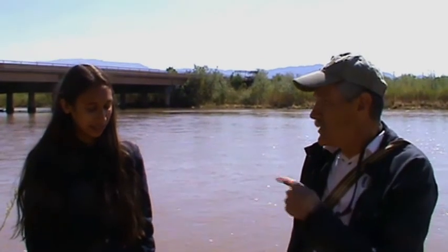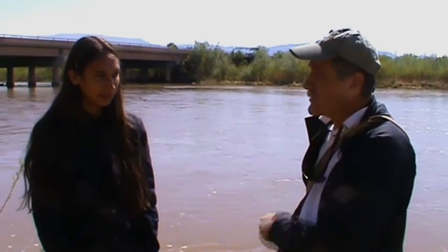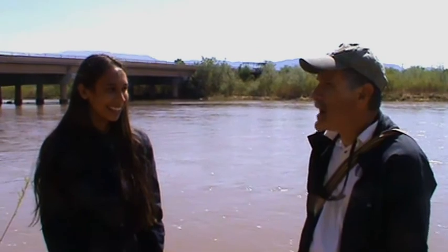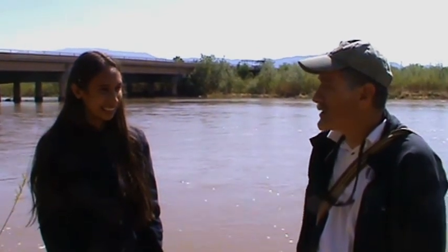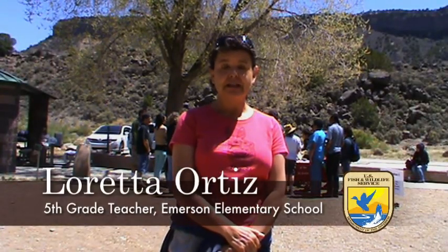So you've grown up along the river, but how many times have you actually seen fish in this river? I've never actually seen fish in this river. And how many times have we been down by the river this year, you think? A lot. The Rio Grande cutthroat trout at Emerson Elementary was a very good idea this year, and mostly because